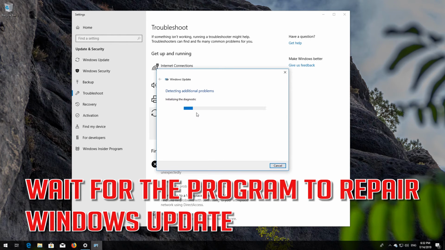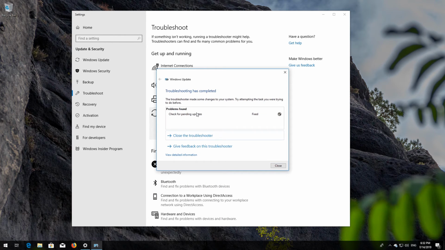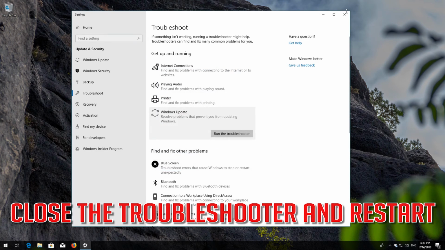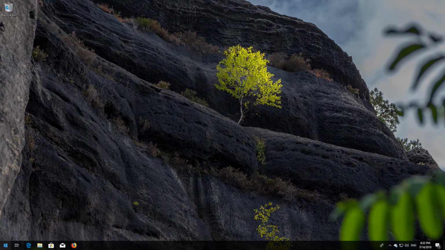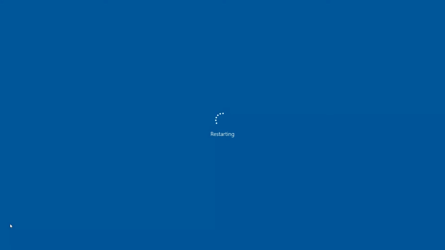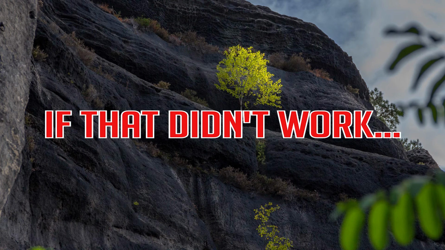Wait for the program to repair Windows Update. Close the troubleshooter and restart. If that didn't work,